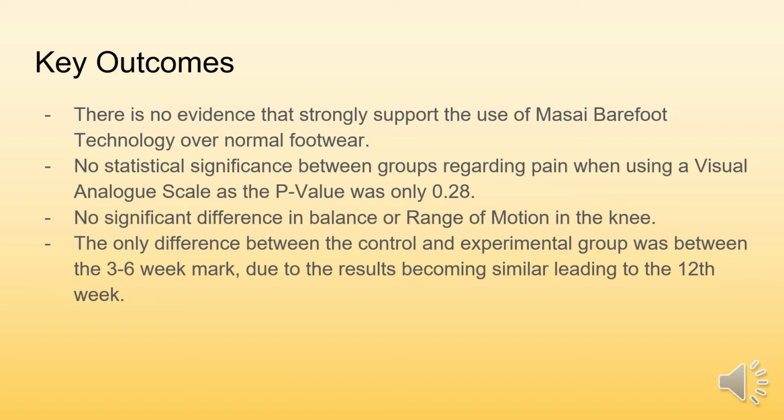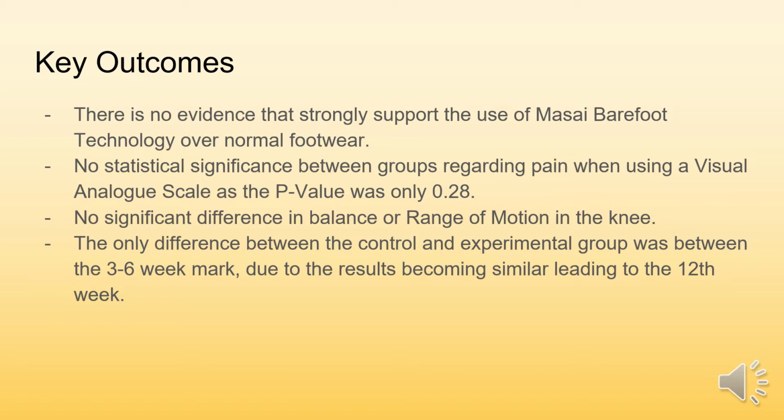There was no statistically significant difference between each group with regards to pain over the 12-week period when walking, using the VAS visual analog scale score, as the p-value was only 0.28. The reduction in total pain was included within the results so as to differentiate from just walking pain, but unfortunately had poor strength to validate their results, reaching a 0.8 p-value. The MBT only performed higher in regards to reduction of pain between weeks 3 to 6 and 6 to 9 respectively. However, in the long run, they were almost classed on par.